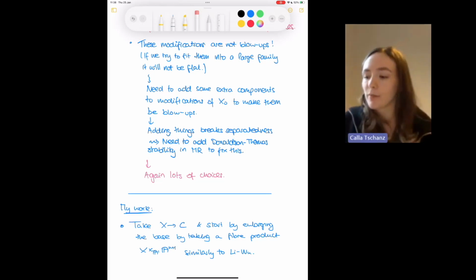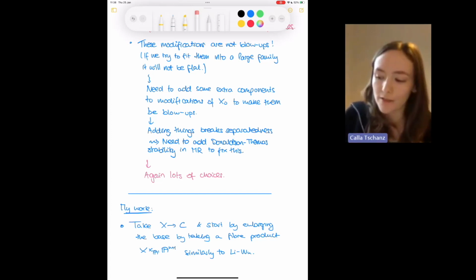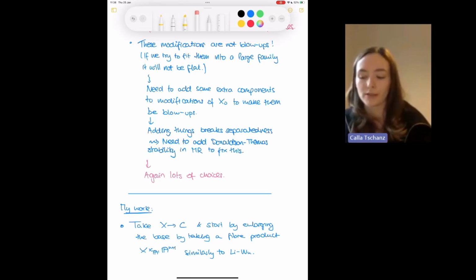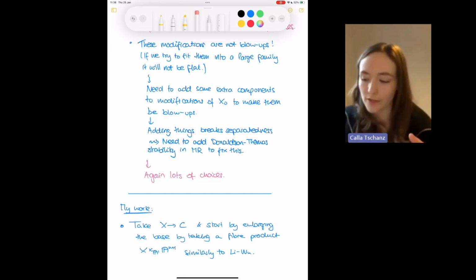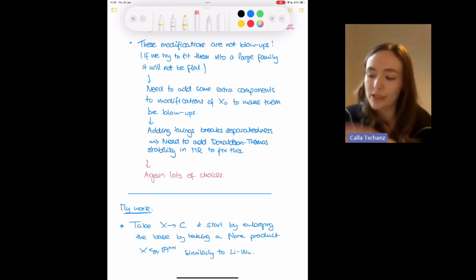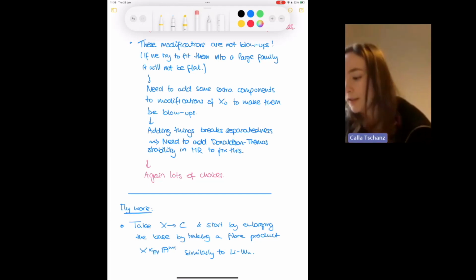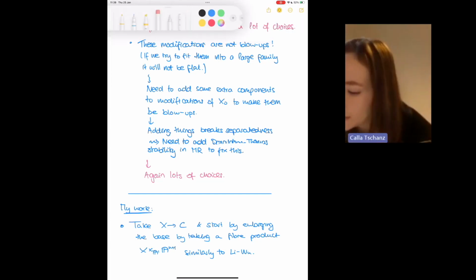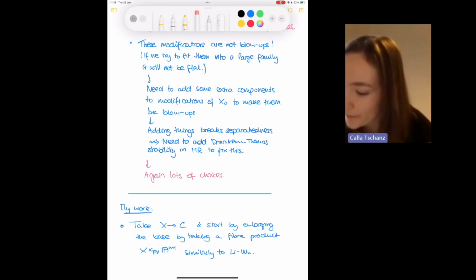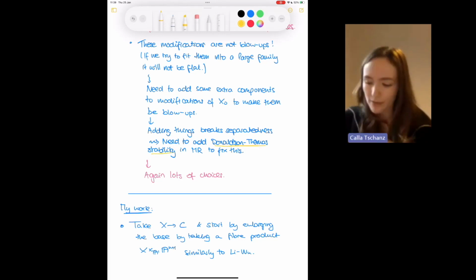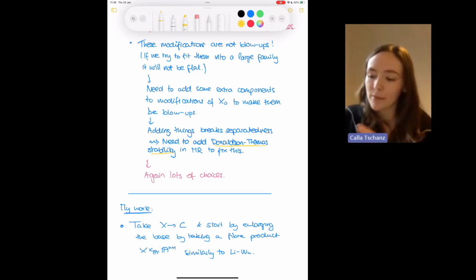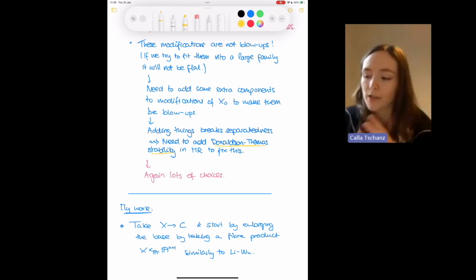And in order to make this work, basically, Maulik and Ranganathan then say, well, okay, we've contracted stuff where we shouldn't have, so we have to add that stuff back in. But then we've added a lot of components that weren't there before, and that adds more limits, and that breaks separatedness of the stack we're trying to construct. They have to add another stability condition on top of the one that they already had. This is where they add this Thomas stability. And so there's a lot of steps you can do to fix this and make it work, but it involves a lot of different choices, and it's hard to see what you end up with, basically.